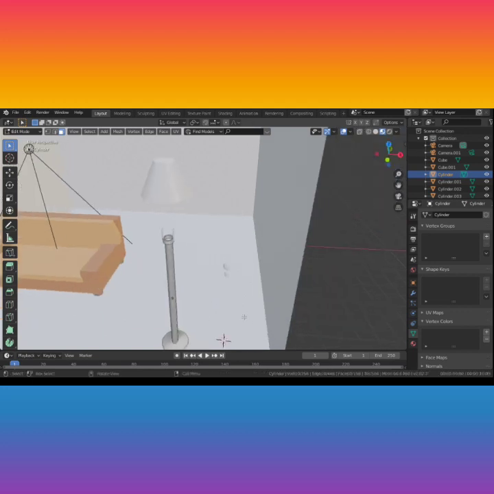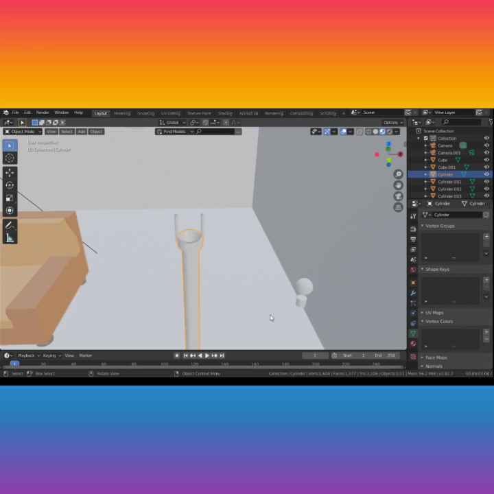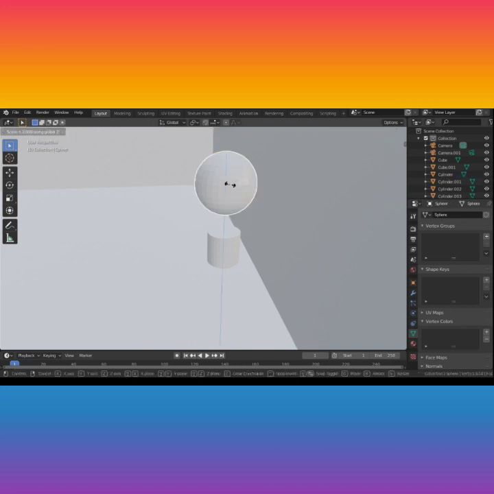Alright, there we go. Now look at that. Alright, go back to our light bulb here. Remember, this is going to be very low poly, so I'm not going to do a screw modifier or put all that extra stuff on it. So let's click this and scale it along the Z to make it look more like